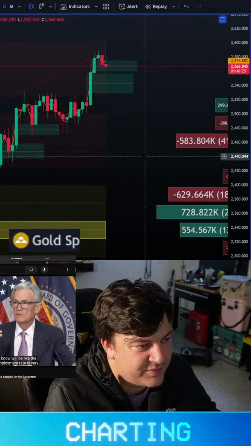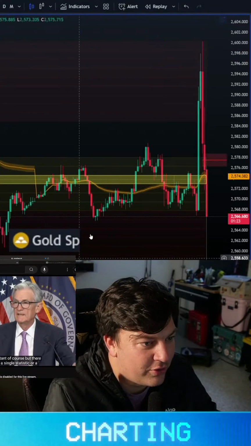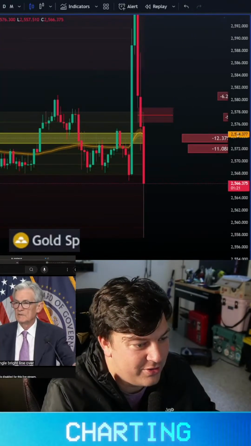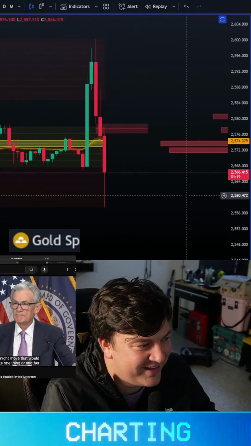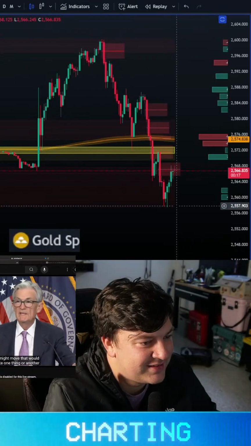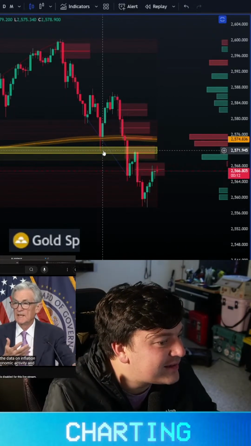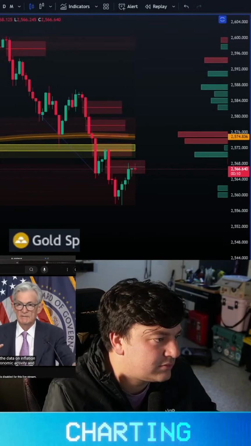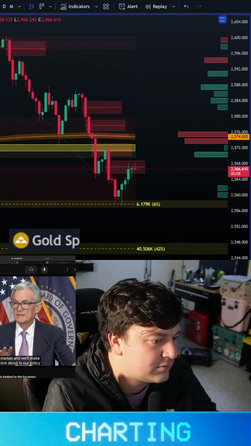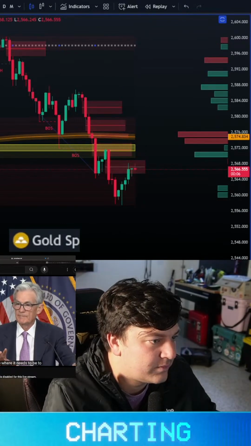But there isn't a single statistic or single bright line that would dictate one thing or another. We'll look at each meeting. We'll look at all the data on inflation, economic activity, and the labor market, and we'll make decisions about whether our policy stance is where it needs to be to foster